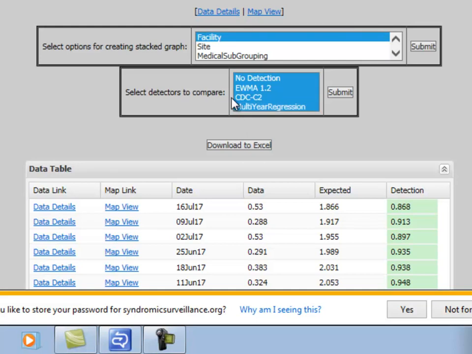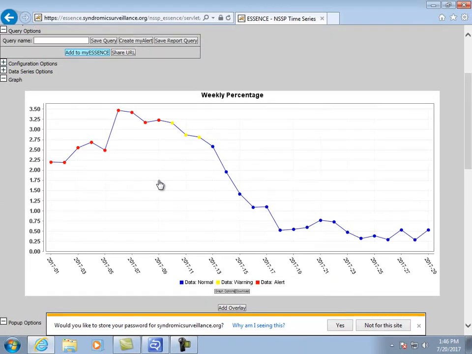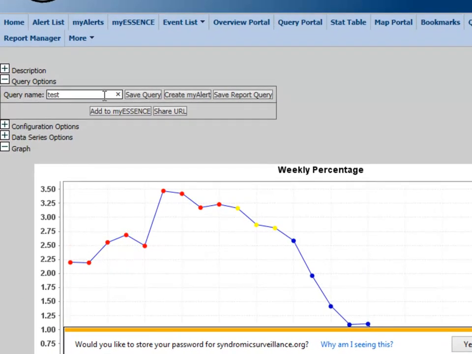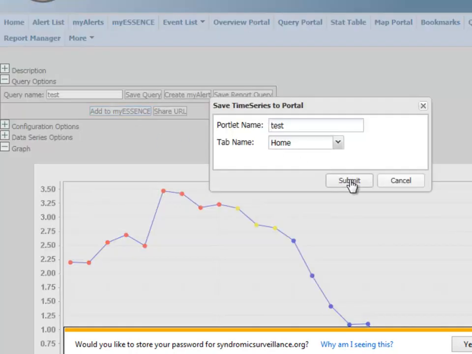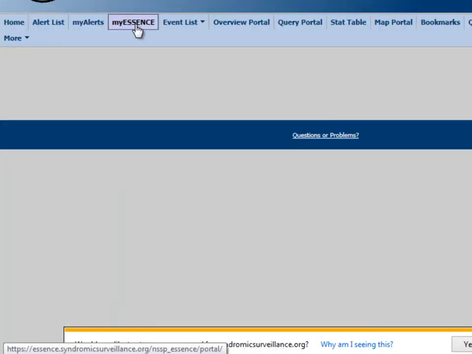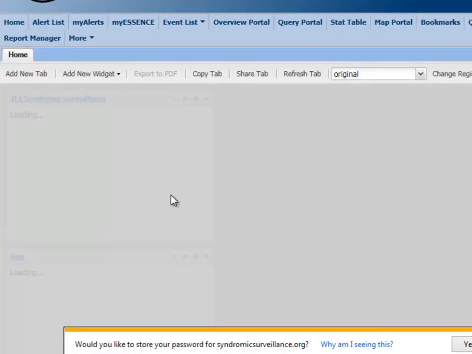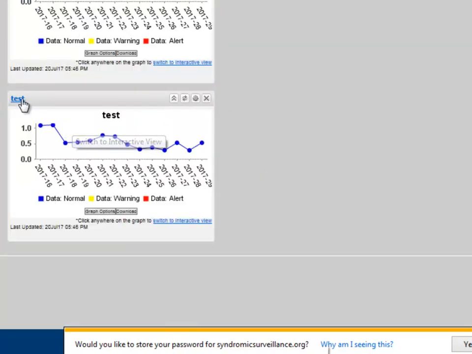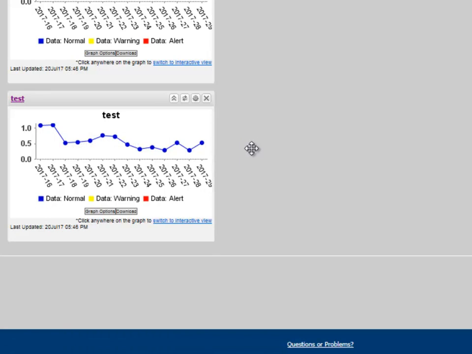If you need to view a particular query regularly to check for updates, you can save this query to My Essence by just saving it as whatever you want to save it as, and then just press Add to My Essence, press Submit, and then this query will come up for you every time you press My Essence, and you won't have to go through all the steps again. So you can see it'll just take a few minutes to load, and then with one click you have your